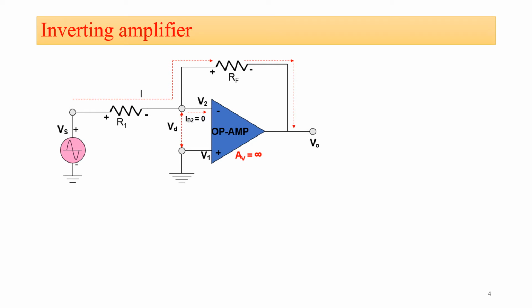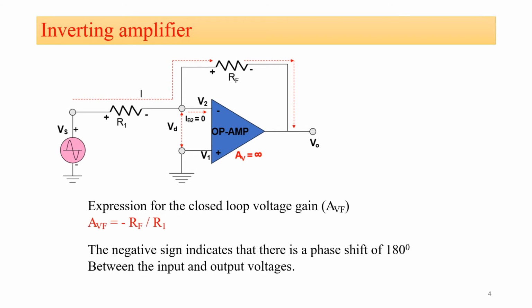But there are some disadvantages while operating our op-amp in open loop configuration. When we operate our op-amp in open loop configuration, then due to the high voltage gain, our output voltage gets saturated. That's why we always prefer to use our op-amp in closed loop configuration only. In this circuit, our feedback resistor, that is Rf, is working as the feedback element.